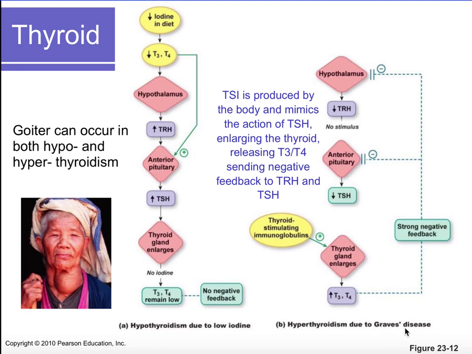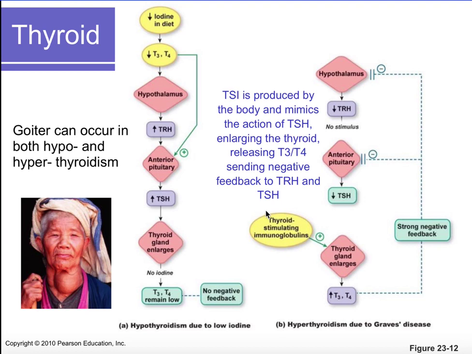And this is Graves' disease. In Graves' disease, you will see hyperthyroidism as well as a goiter. This is known as an autoimmune disease, but in this instance, our immune system doesn't destroy our thyroid gland. It actually produces an antibody known as thyroid stimulating immunoglobulin. Immunoglobulin is an antibody, and it does what the name says. It stimulates the thyroid gland. So basically, TSI, thyroid stimulating immunoglobulin, acts exactly the same as TSH, thyroid stimulating hormone.